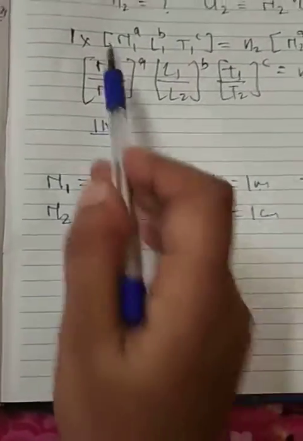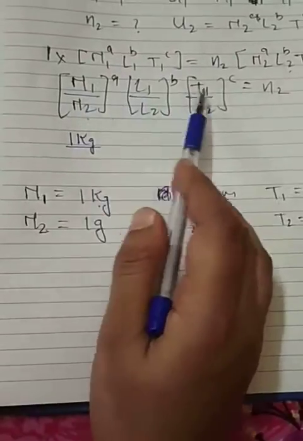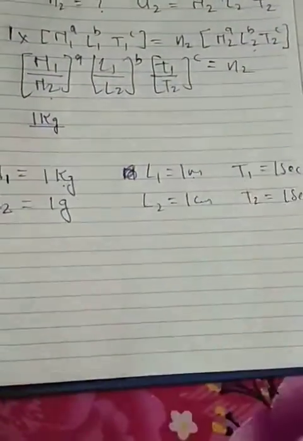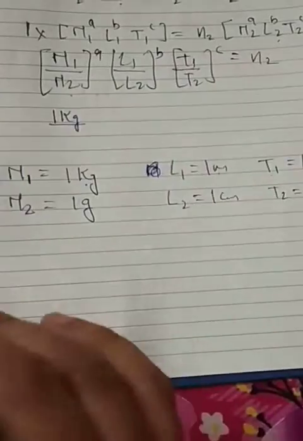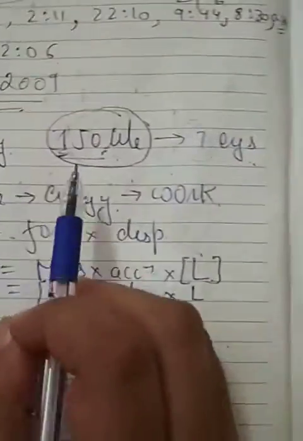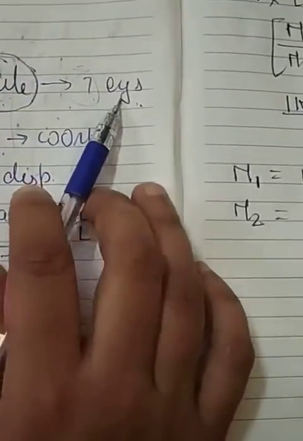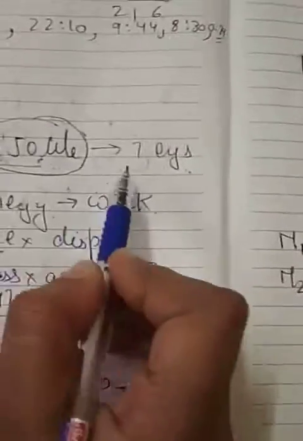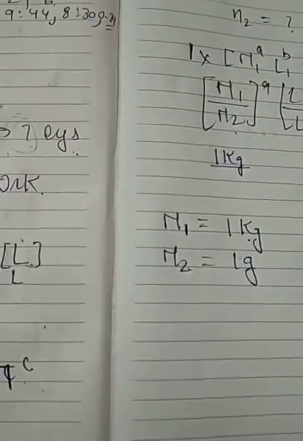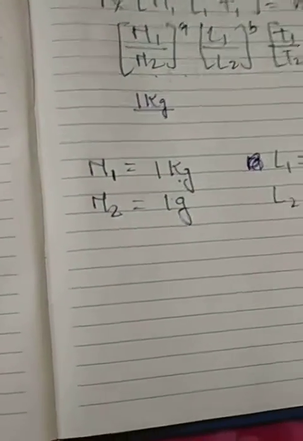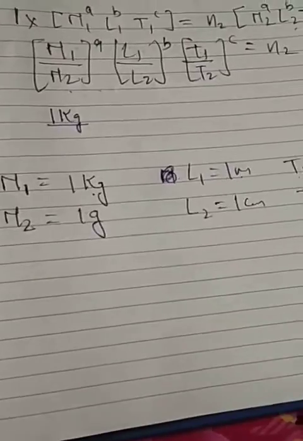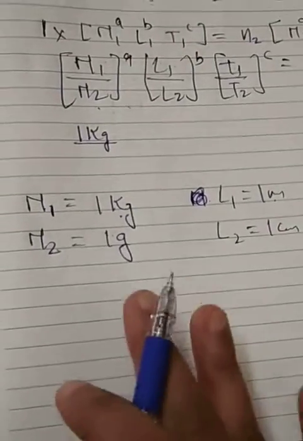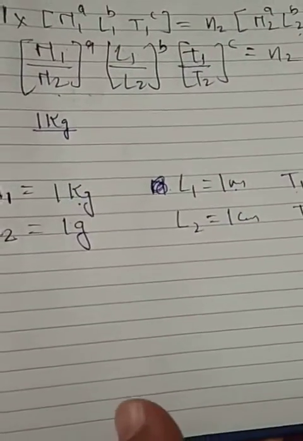Maybe some of you are thinking we can only write 1 kg, 1 gram over here, L1, and just powers make a very big difference from one question to another. You are basically right, but here we only want 1 joule conversion into ergs. That is, we are dealing with a simple quantity. If I want to say how much 1 joule equals, if I want the value of 5 ergs, 6 ergs, 7 ergs, 10 ergs, that also we will deal with next. Give me a few moments. After this question I will clear that concept also.